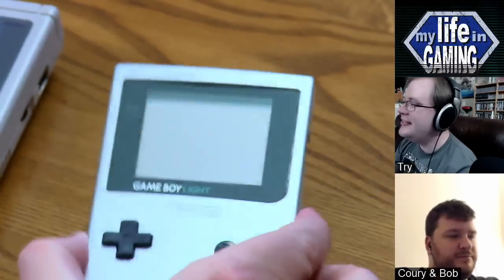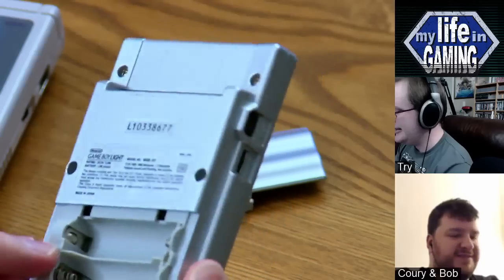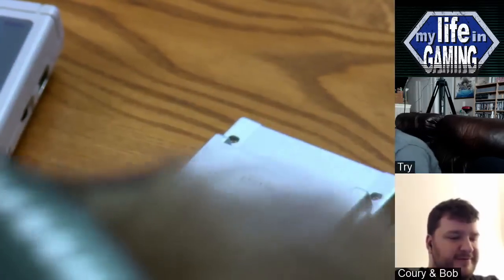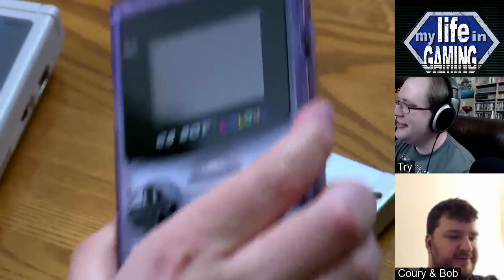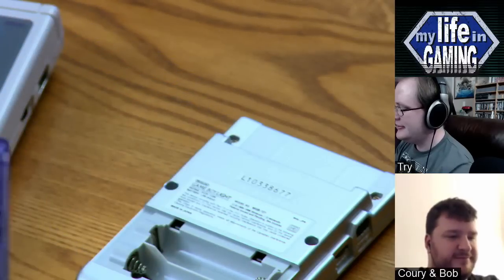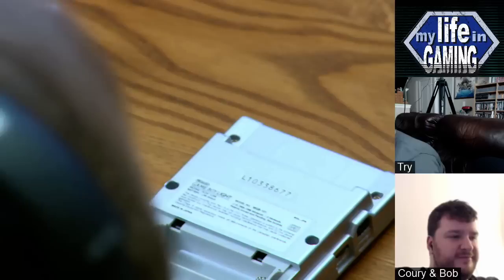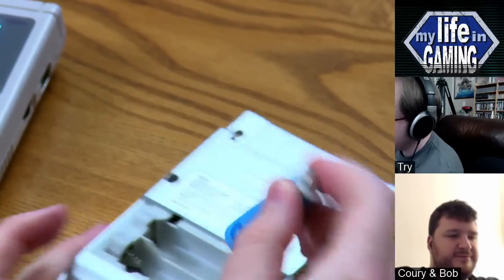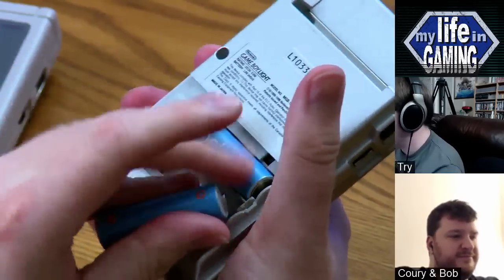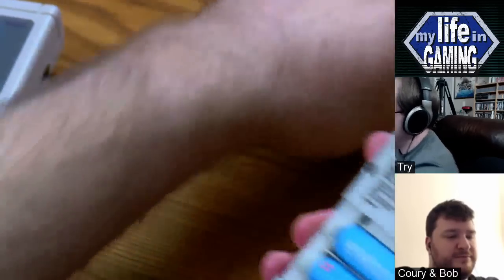Now this is not Bob's Game Boy Light. He sent one, but it sucked. Yeah, it doesn't really work. Here's the Game Boy Color. I'm going to take some batteries out of it. I was just shocked comparing, when I did the comparisons for